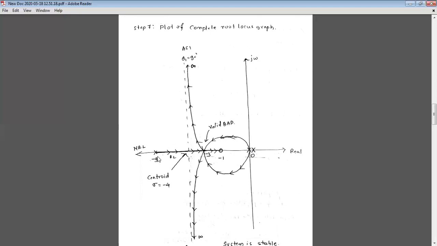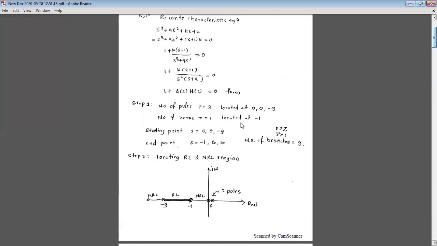As said, the root locus always starts from the open loop poles. There are 3 poles here, total 3 poles. This pole has a zero here itself on the real axis, so it will move along in this way and reach this zero, since it is the RL region, right? So what about these 2 poles? These 2 poles will meet their corresponding zeros at infinity, what I explained earlier, right? These are the starting points, these are the end points.